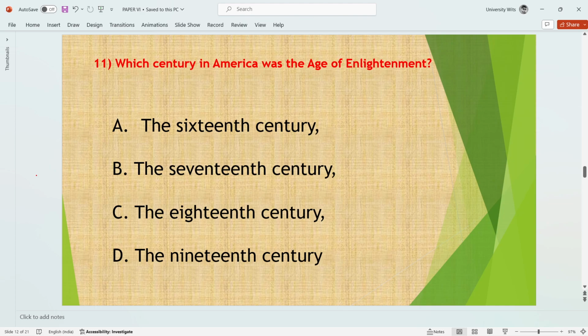The correct answer is the Enlightenment period, happening in the 18th century. Okay, this is the timeline. Don't forget this. So next slide we have: